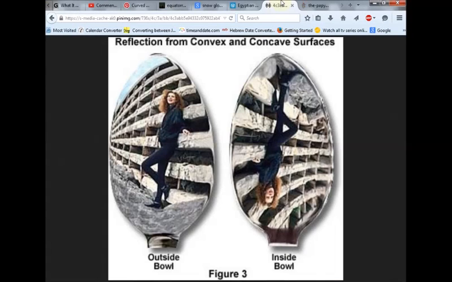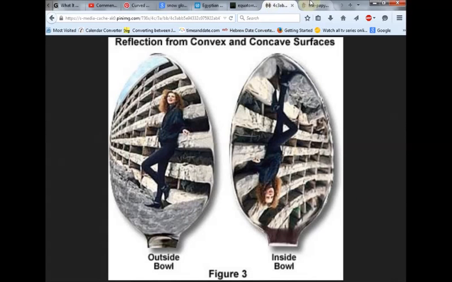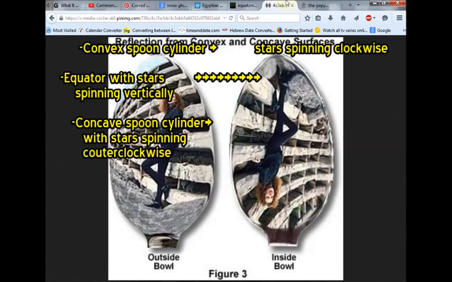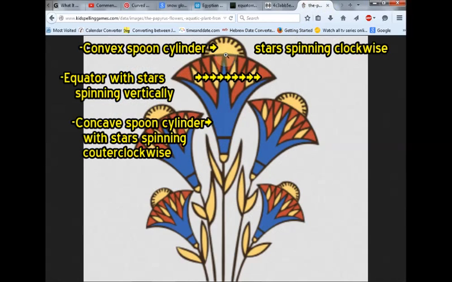And now as you view the image of the inside of a spoon and the outside of the spoon, and you realize that they spin or are in opposite directions, I now want you to look at this papyrus symbol, ancient Egyptian, and imagine that this is one spoon, the outer edge, and that this is the other image with the inner spoon, and that one is going the other direction than the other.